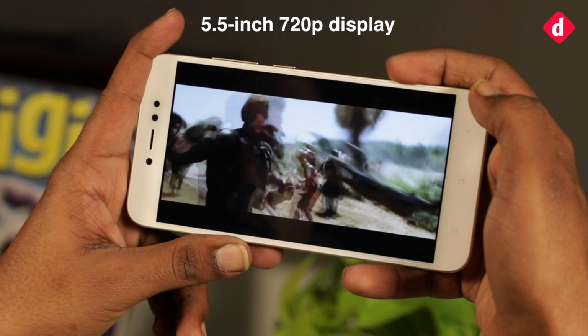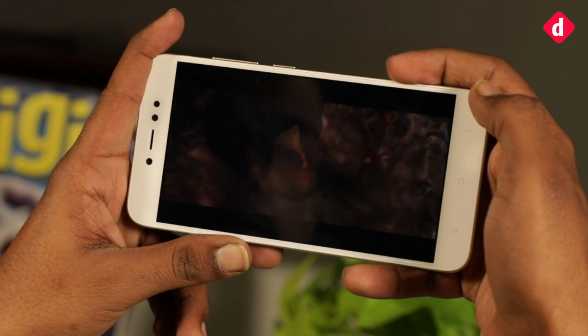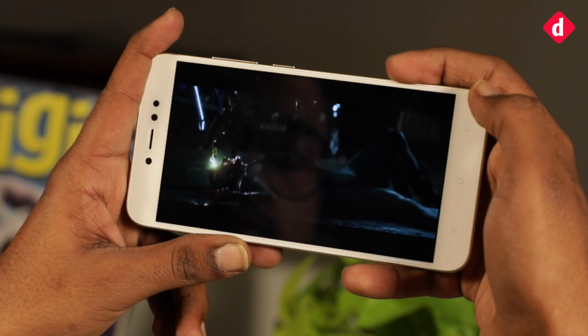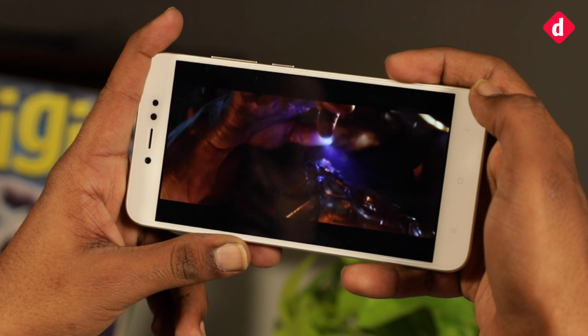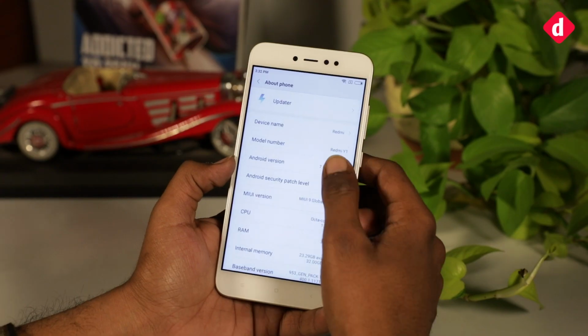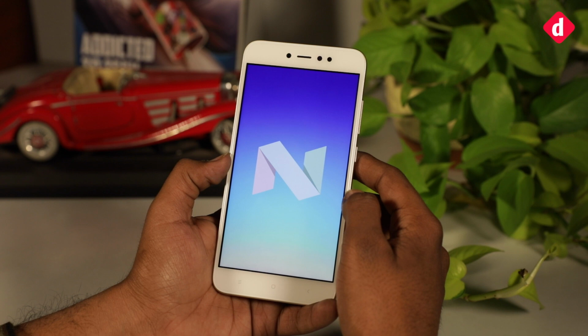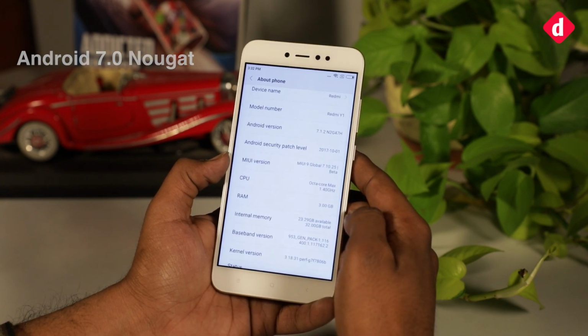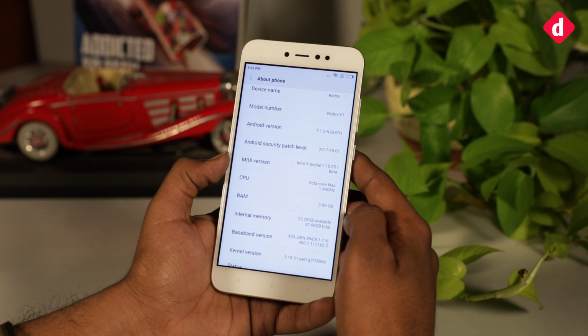While the display offers a 720p resolution only, it does not look inferior to any of its competitors. Videos, games and text on the display look plenty sharp and with reasonable contrast. With this phone, Xiaomi has also introduced MIUI 9 in India, which is layered over Android Nougat. The phone was launched with a beta build, and now in its stable form, it is just as good and